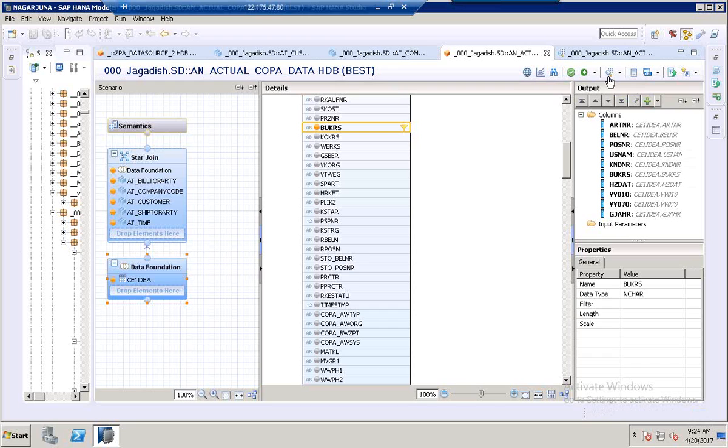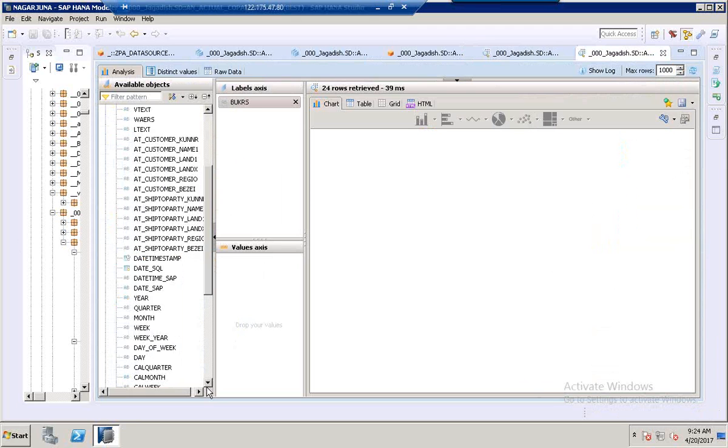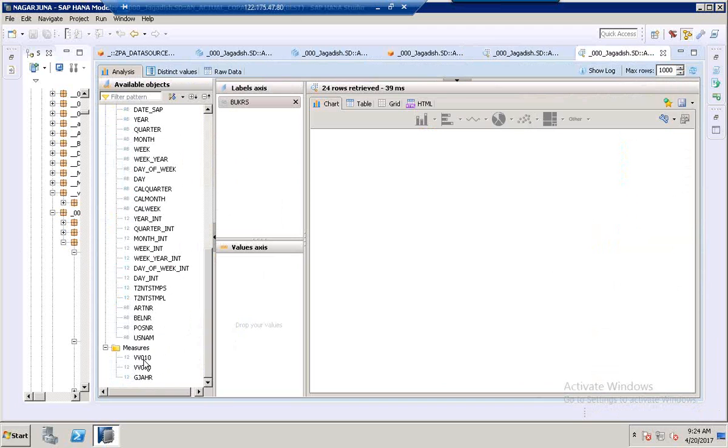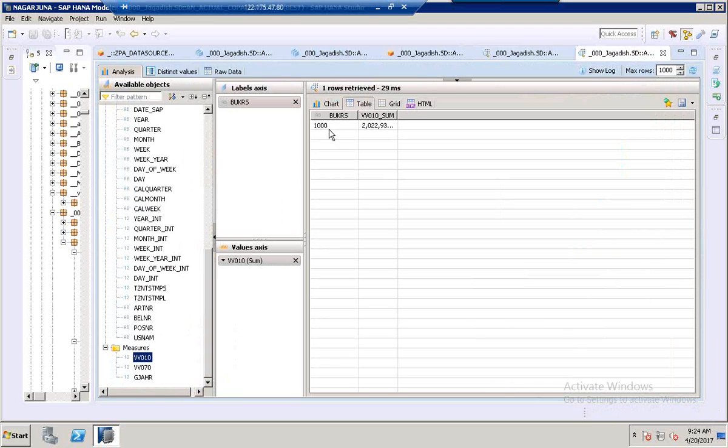And click on data preview. Now please see, drag and drop Bucharest to labels axis. Drag and drop VV010 to values axis. Click on tables. Now what I can see